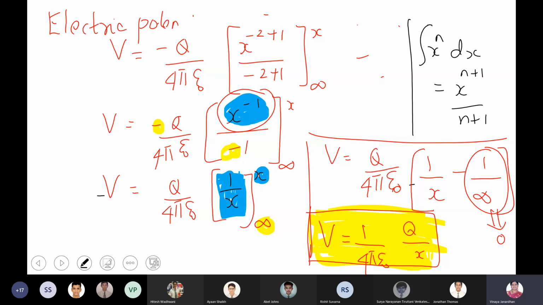Volt. Yes, ma'am. SI unit is volt. So for an isolated charge, you have found the electric potential at a given point. Is that clear, boys? Okay, next we'll go for the dipole. A dipole also creates an electric field. I want to find the potential at a point in the electric field. Next one.